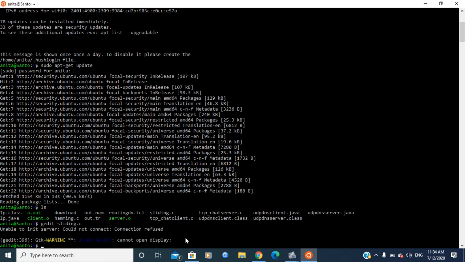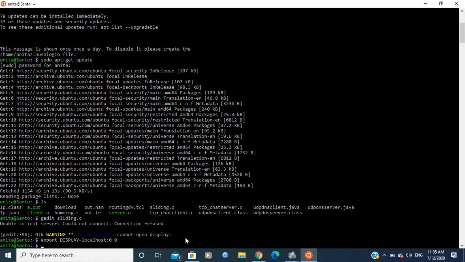So first you have to share this environment with the Xming server. For that I have to enter this command. Please make a note of it. export DISPLAY=localhost:0.0.